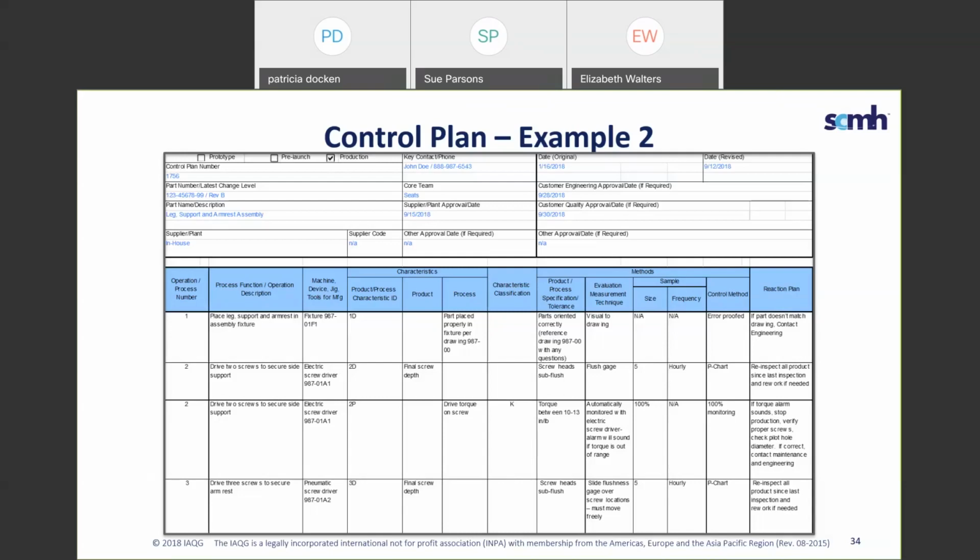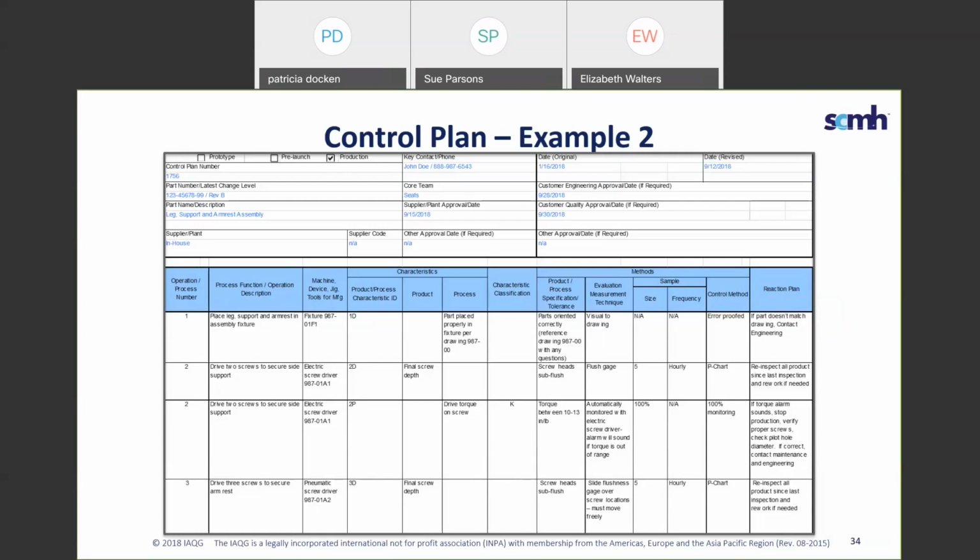The second characteristic in this example is in the process step to secure the side support using an electric screwdriver. So the product characteristic is the screw depth with a requirement for the screw head to be subflush. The measurement technique is to use a flush gauge, and then we've specified a sample size and a frequency, and we're monitoring the results on a P chart.